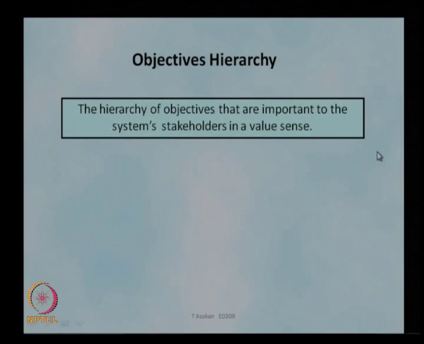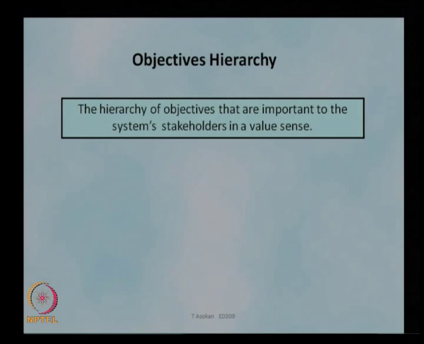The next stage is to develop the objectives hierarchy of the system. As I mentioned earlier, the stakeholders will have some objectives which they explain to the designers: that the system should meet a particular performance requirement, that particular operational cost limitations apply, or that particular operational efficiencies are to be maintained. These are the objectives given by the stakeholders to the designers.